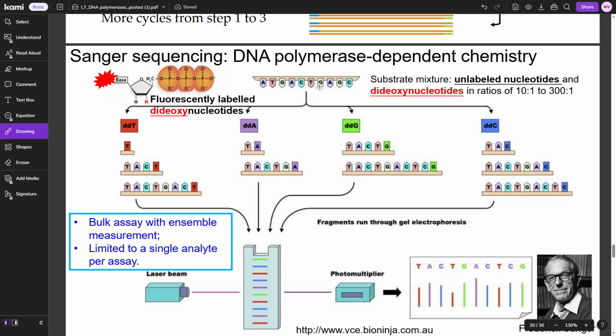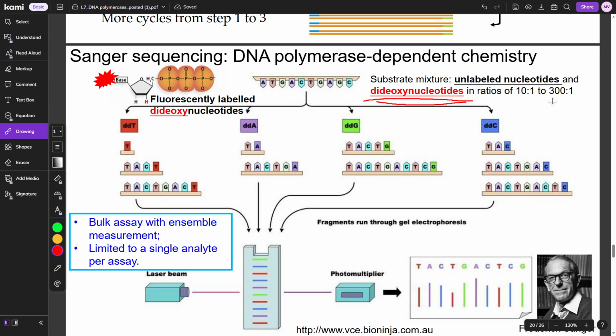Okay. Sanger sequencing. It's not PCR per se, but it's very dependent on DNA polymerase for the chemistry. Essentially what's happening is you have a substrate mixture that has unlabeled nucleotides and dideoxynucleotides that are labeled. These labeled dideoxynucleotides have different colored dyes on them. And the ratio is usually like 10 to 1 for the unlabeled nucleotides to dideoxys, or like up to 300